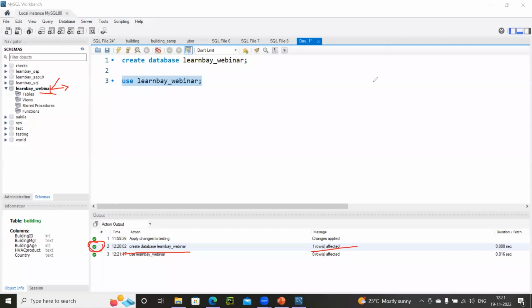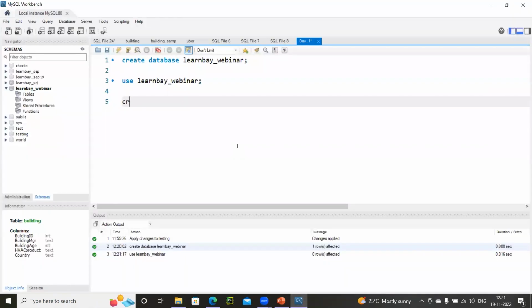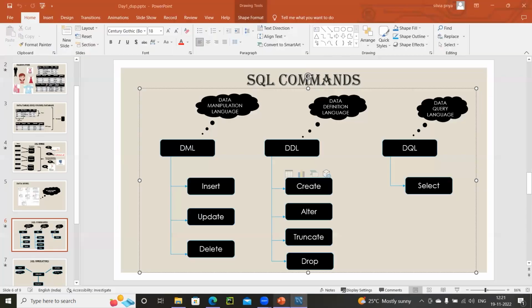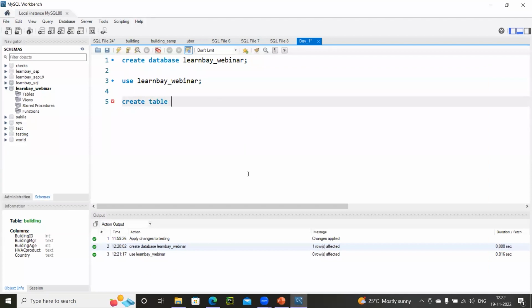Okay. Now let's start building tables, which is most important. I'm going to use our very first DDL command, which is create. I'm going to take the example of our store itself. I'm going to create an initial table called store with these 4 fields inside. So I'm going to write create store. The first column, I'm going to keep as store ID. I'll explain the syntax and break this down to help you understand.